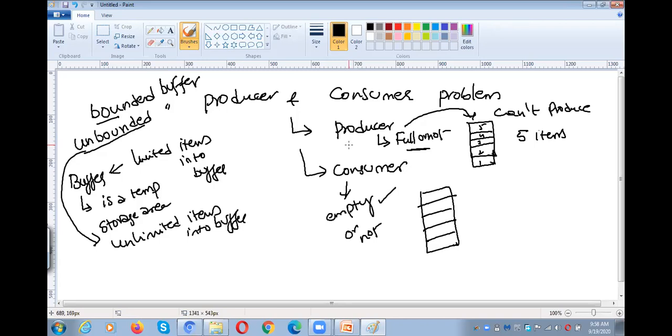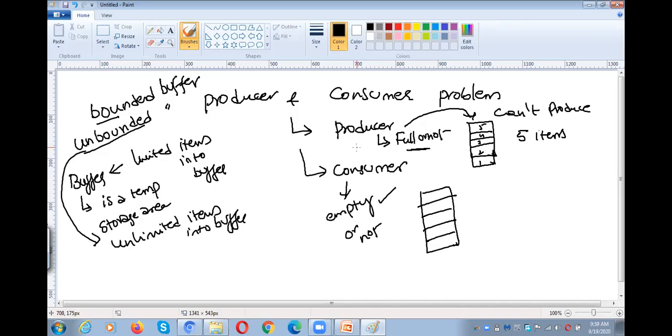For example, there is a container. It has 10 kg of sugar. It can hold only 10 kg of sugar, and it is already having 10 kg of sugar. Now, if you want to keep one more kg of sugar into that container, is it possible for you to keep one more kg of sugar into that container? Obviously not. Why? Because it is already full.